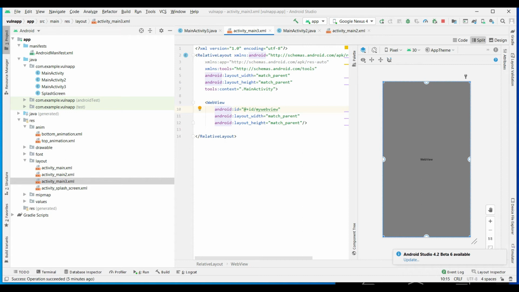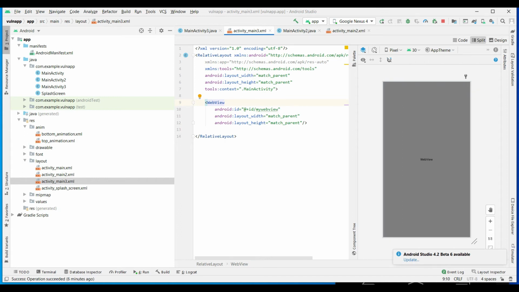Normally web views are used to embed browsers. For example, if my application requires a browser or any browsing activity, then we will be using the web view. It is similar to iframes. So we are embedding the browser inside this application using the web view. That's why I didn't give any view, because the browser will be getting inside this thing, right?